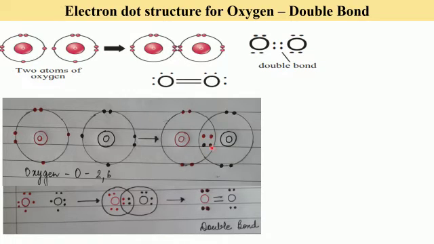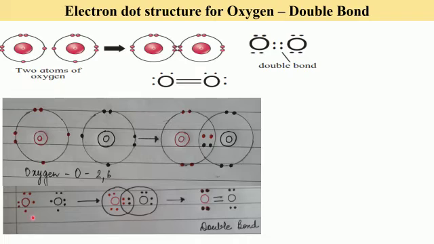So now these 4 here belong to this atom also and to this one also. So 2, this is in all 4, 5, 6, 7 and 8. So octet for this oxygen is established. Same way 4, 5, 6, 7 and 8. So octet for this oxygen is also established and an oxygen molecule is formed.